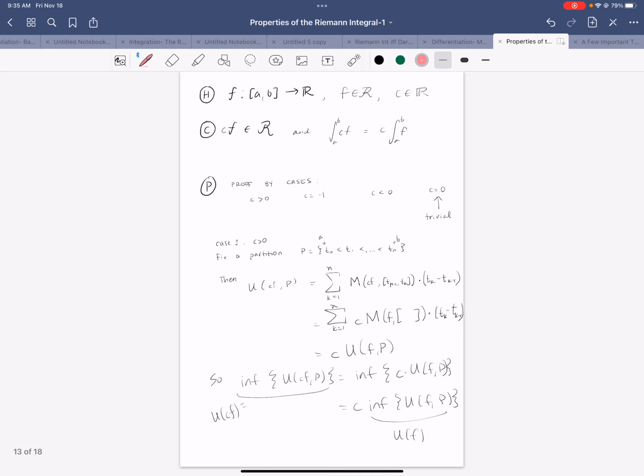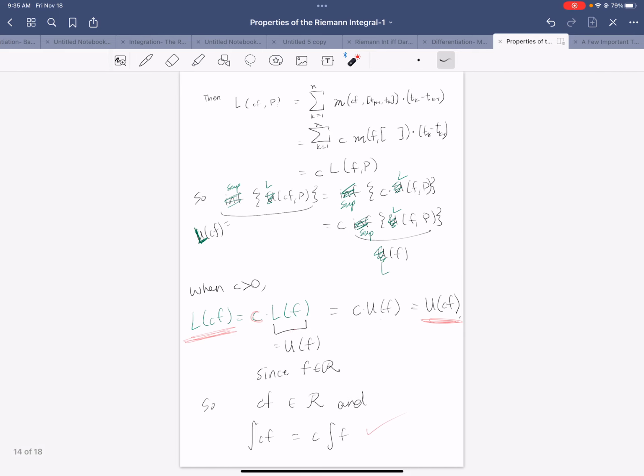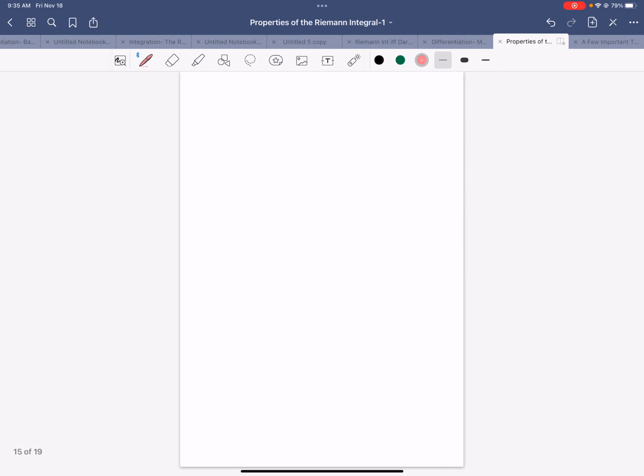Okay. Now I'm not going to run through the case for when C is equal to -1, but it's relatively short. We're basically using the properties of sups and infs of sets that we proved all the way back in the beginning of the semester, right? Remember we proved some things like, what's the sup of minus A, right? If A is a subset of R, the sup of minus A is equal to,